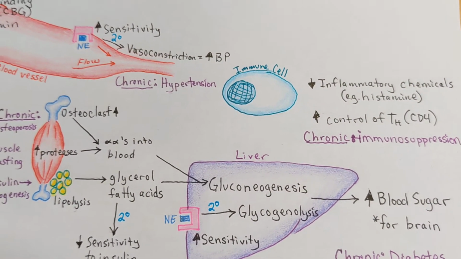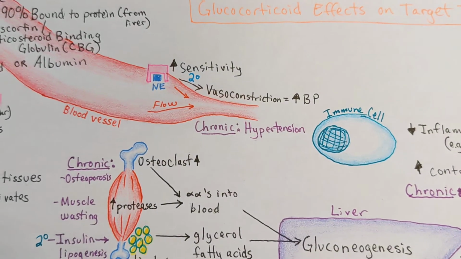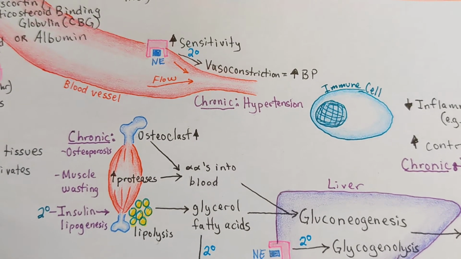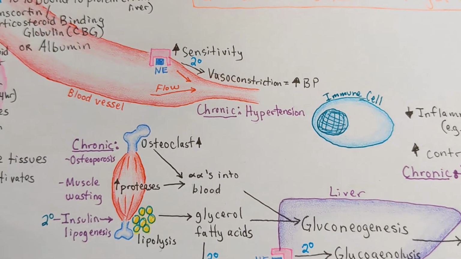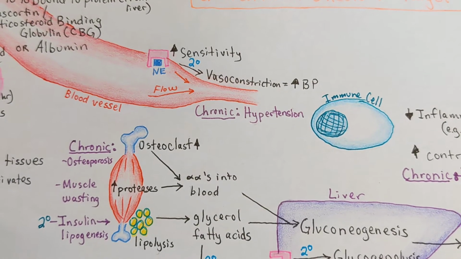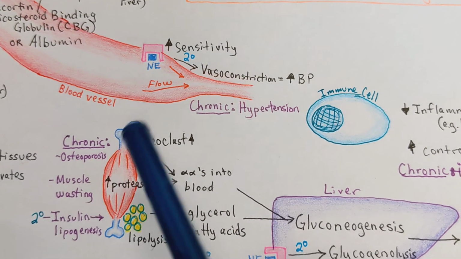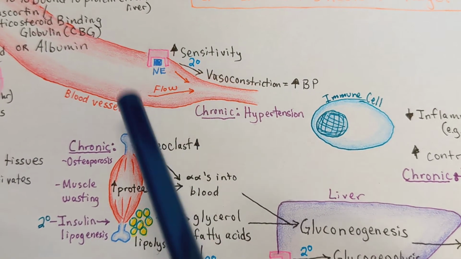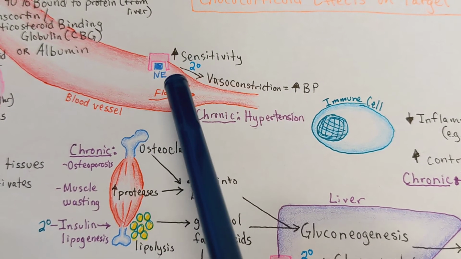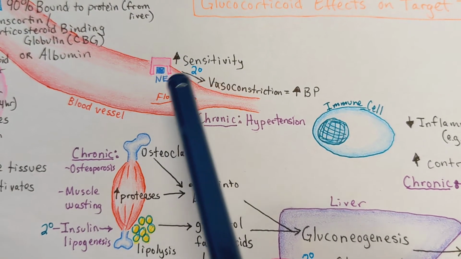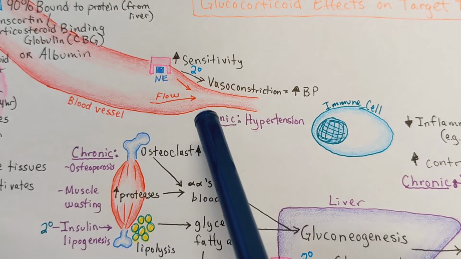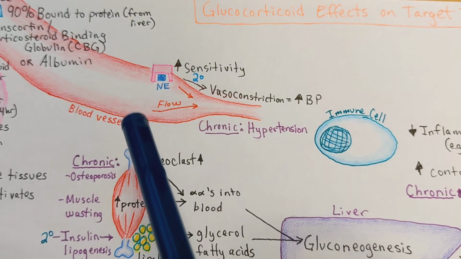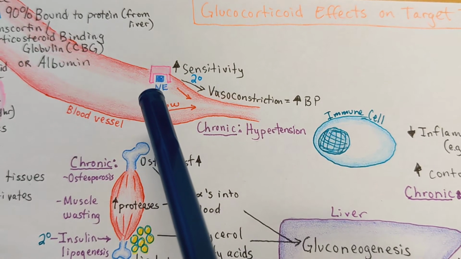Okay. One other effect of cortisol I want to mention, and again, this is just a very brief, simplified summary of the system, but one additional feature or effect of cortisol is that it increases sensitivity of those same adrenergic receptors within our blood vessels. So this is within the tunica media of a blood vessel, and essentially when norepinephrine binds, it triggers vasoconstriction, which increases the blood pressure. So here we see a big wide open blood vessel, relatively low resistance to flow, and